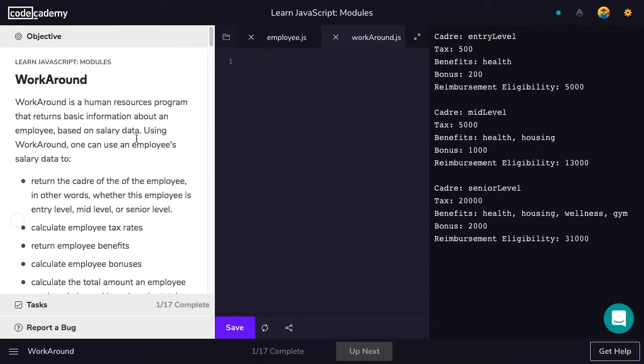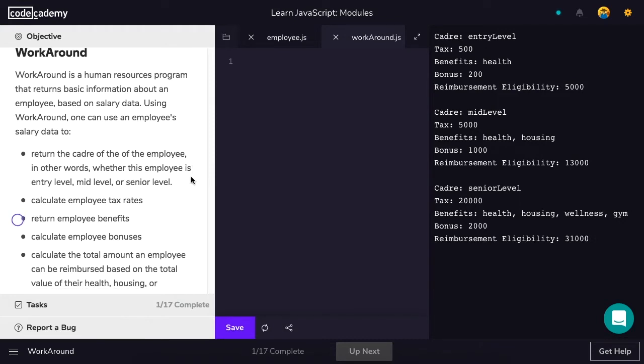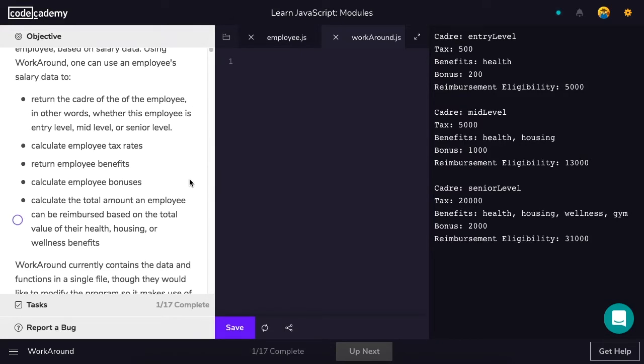Workaround is a human resources program that returns basic information about an employee based on salary data. Using Workaround, one can use an employee's salary data to return the cadre of the employee. In other words, whether this employee is entry-level, mid-level, or senior level, calculate employee tax rates, return employee benefits, calculate employee bonuses, calculate the total amount an employee can be reimbursed based on the total value of their health, housing,